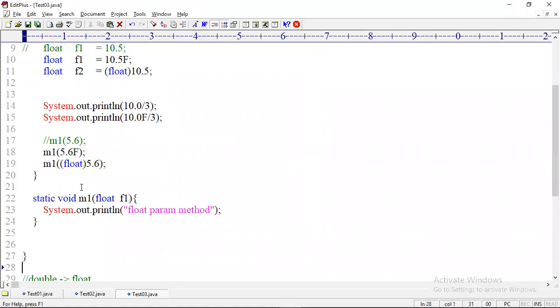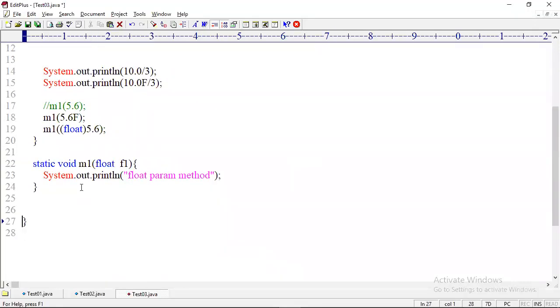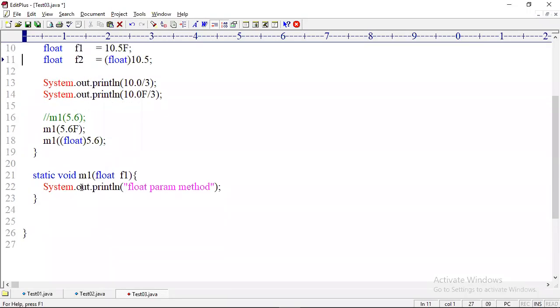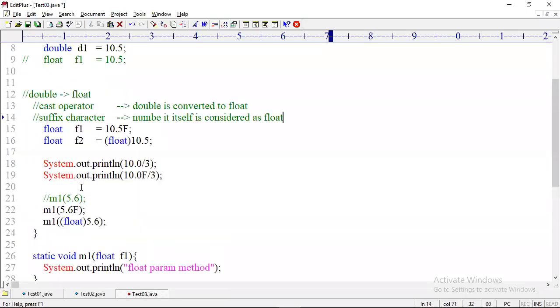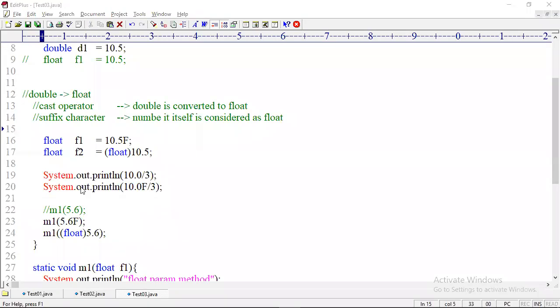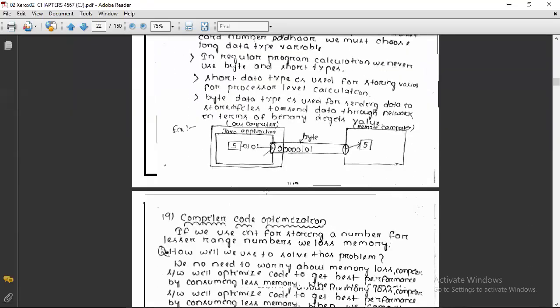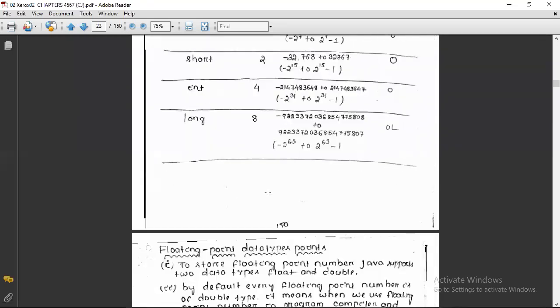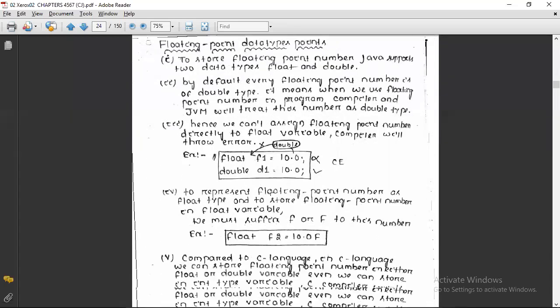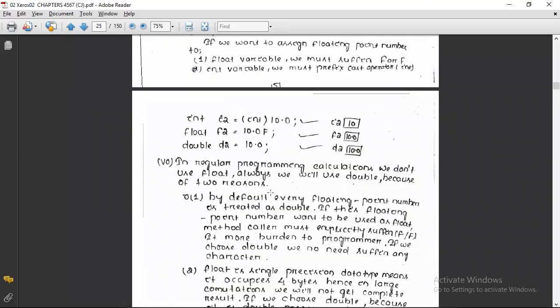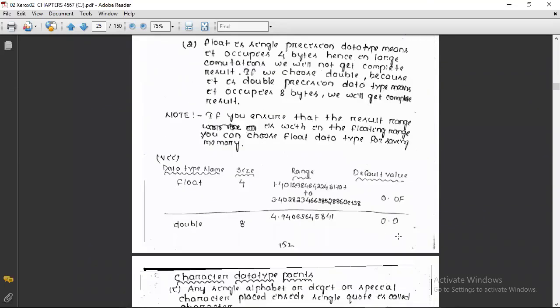Okay, can I hope all people got clarity? So these are the very important points you must practice. All these points are there in the book. I hope you will practice. Floating point data types, the same points are there in the material. And then size and data type.